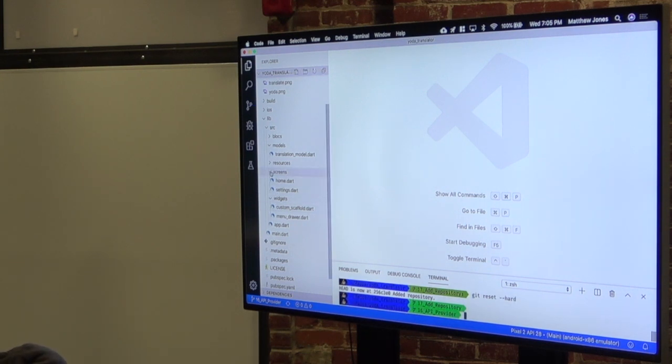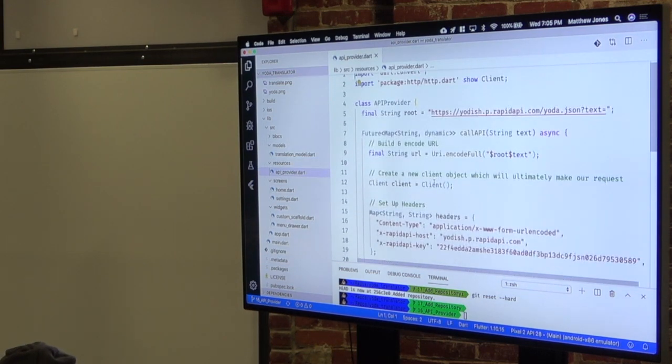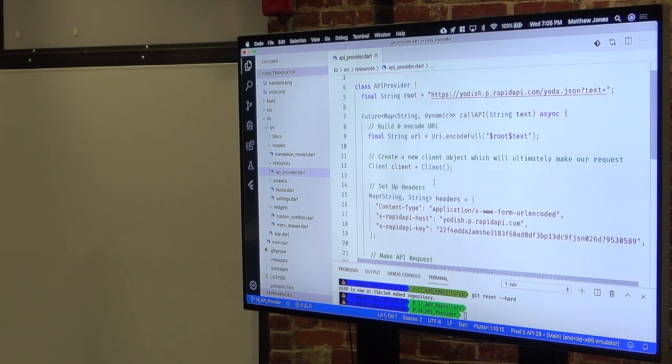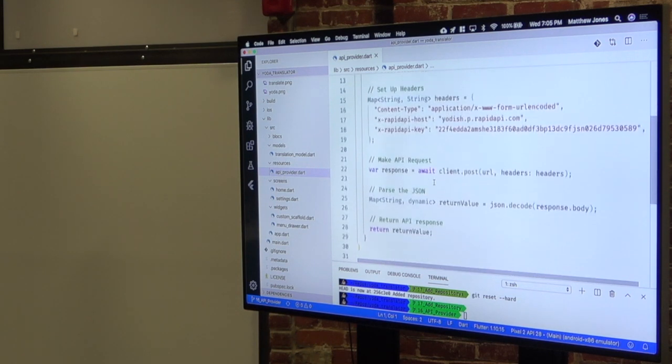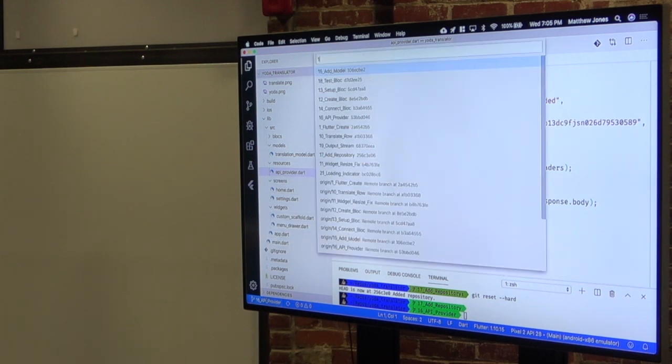All right, so I've got the new resources folder here, and inside that I put the API folder. Basically I've just written some code here that connects to the API, and then that will return that JSON. So we've got the JSON to code most of that here. That's going to return it back to the model via the repository. So if I come up here to the repository,